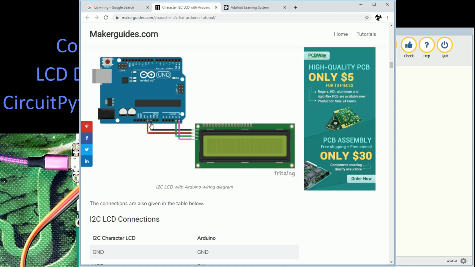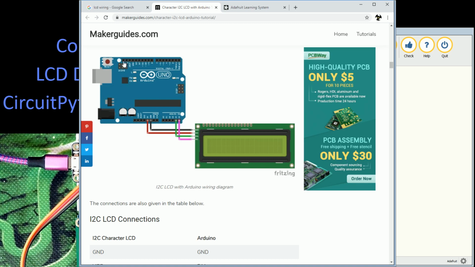So again, you have a power pin, you have a ground pin, and then you have 2 communication pins, and these are called SDA and SCL. That's basically an I2C data line and an I2C clock line, which is the way the two things work, and they talk back and forth, and they're connected to 2 pins either here